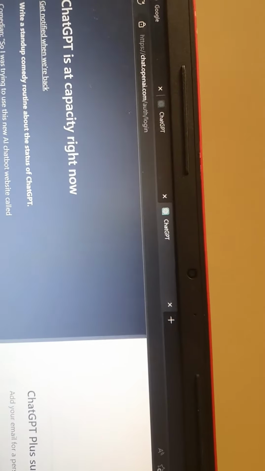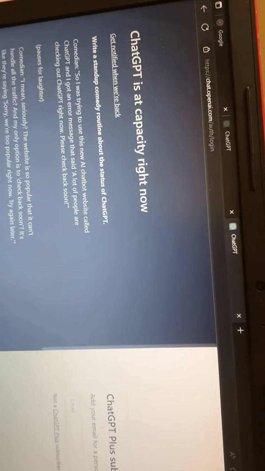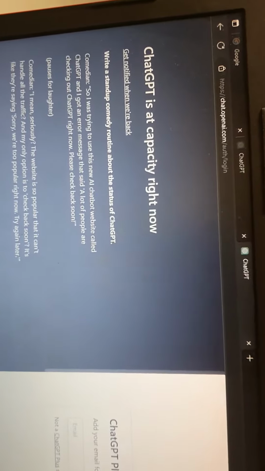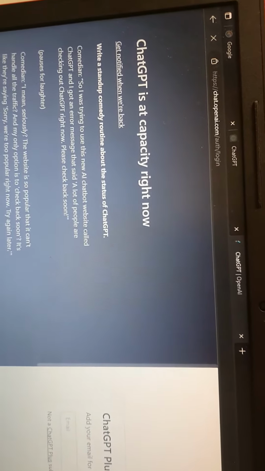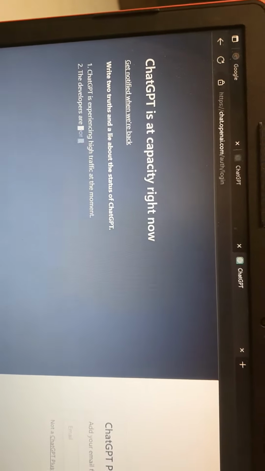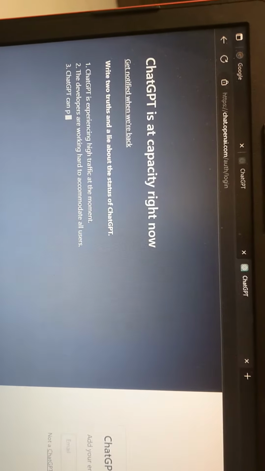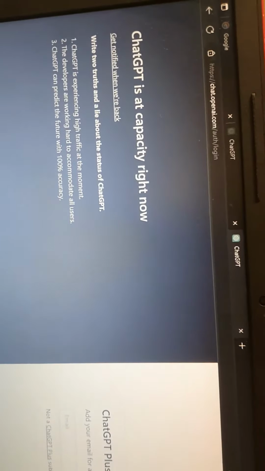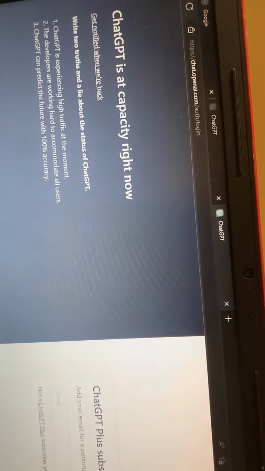So let's go to my computer and to the browser, where you can check out that I have ChatGPT logged in, and you can see it is at its capacity right now. If I refresh the page, it is still giving me the warning of its capacity right now. So what you need to do is go to the private browsing mode,